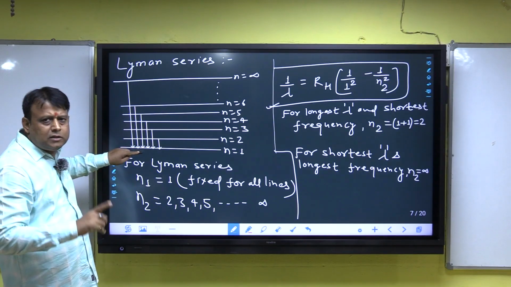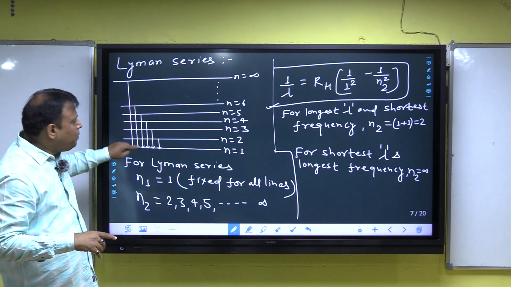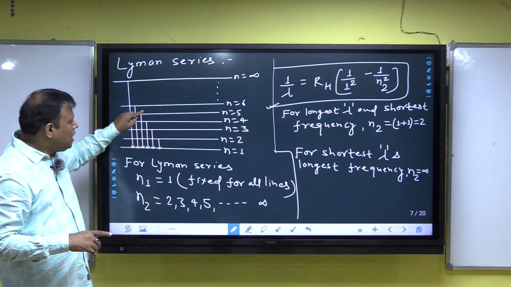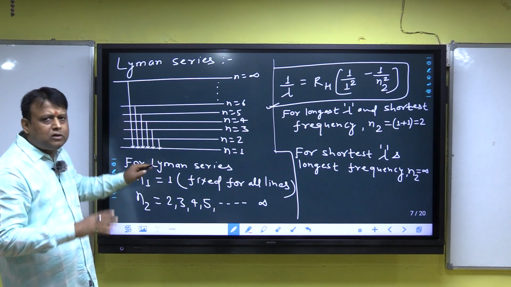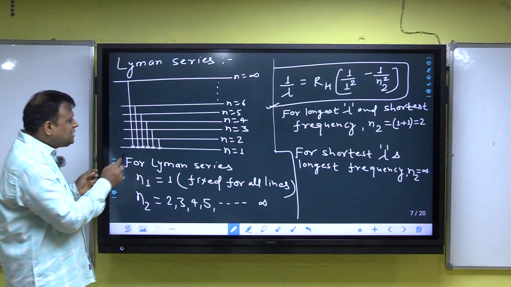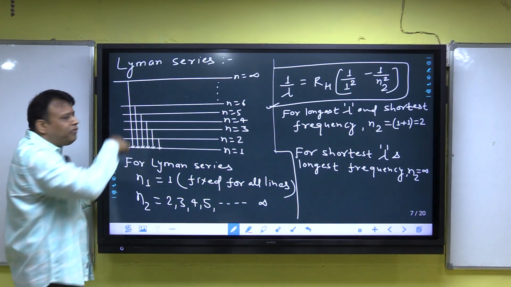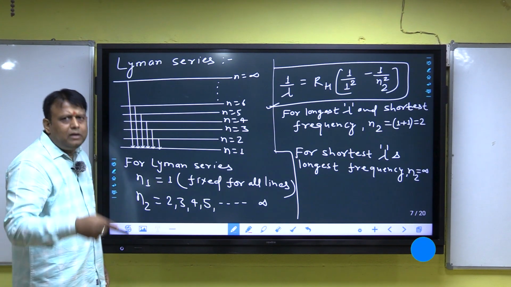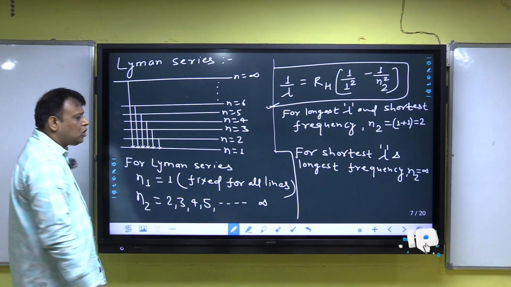Infinite to first, Lyman. 6th to first, Lyman. 5th to first, Lyman. 4th to first, Lyman. 3rd to first, Lyman. 2nd to first, Lyman. That means when an electron falls from any orbit to the first orbit, the ground state, the K orbit, it is called Lyman,